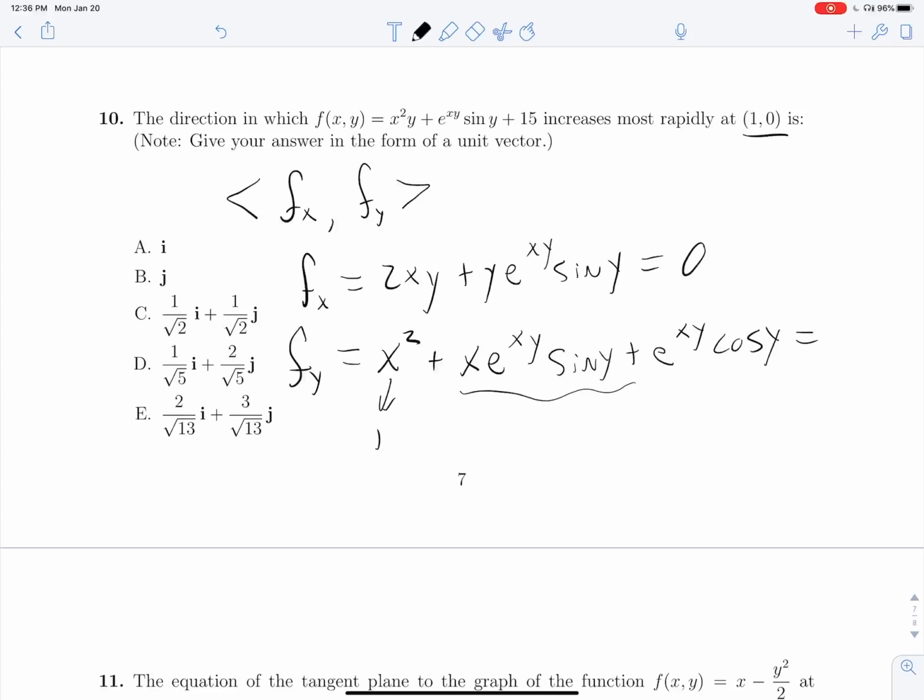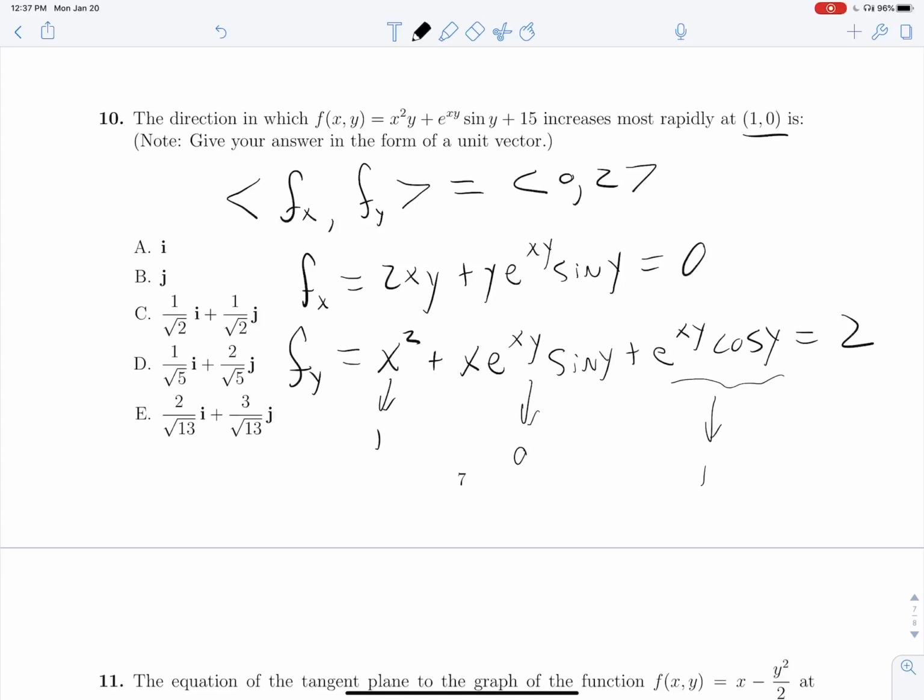This guy right here, well, the sine of 0 is 0, so this whole thing is going to be 0. And right here, e to the 0 will give us 1, cosine of 0 will give us 1, so this whole bit is 1. And so as a result, fy is 2. So this gradient vector that we're left with is 0, 2,